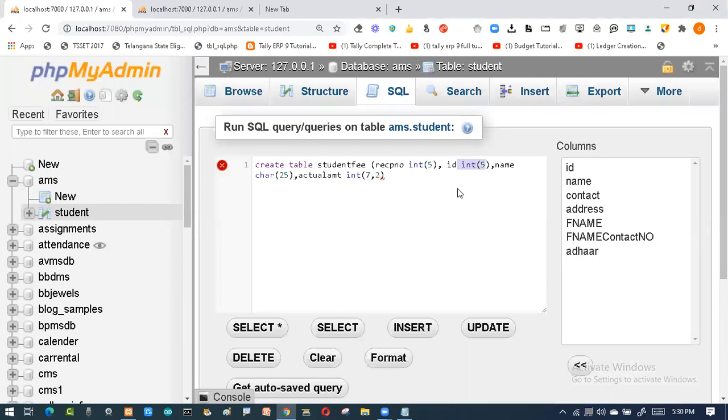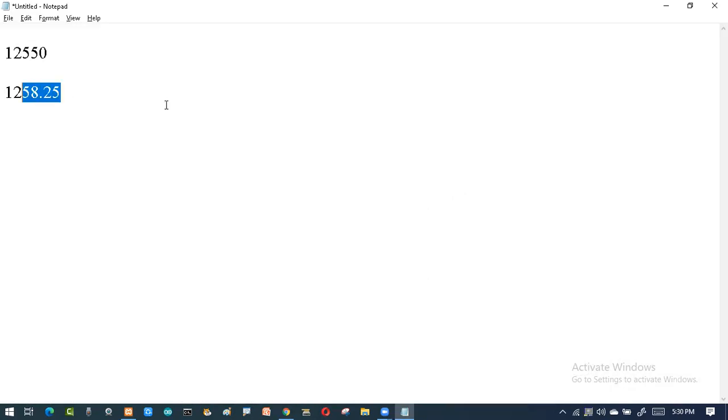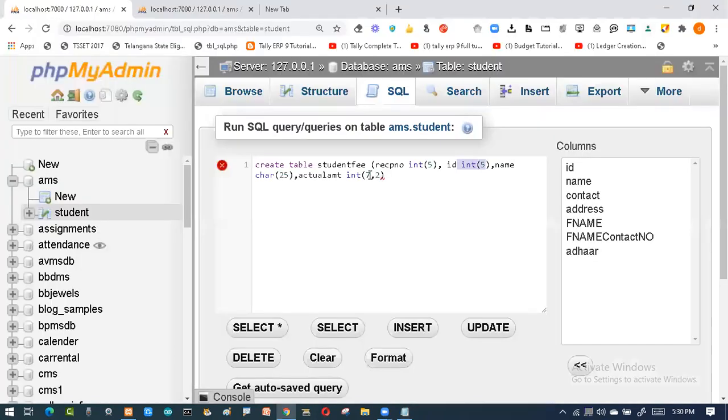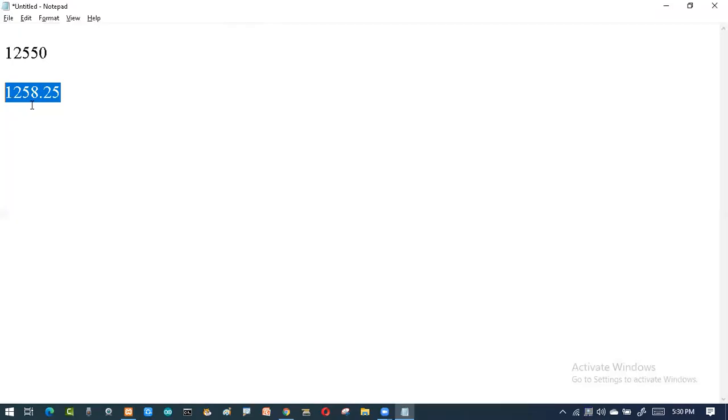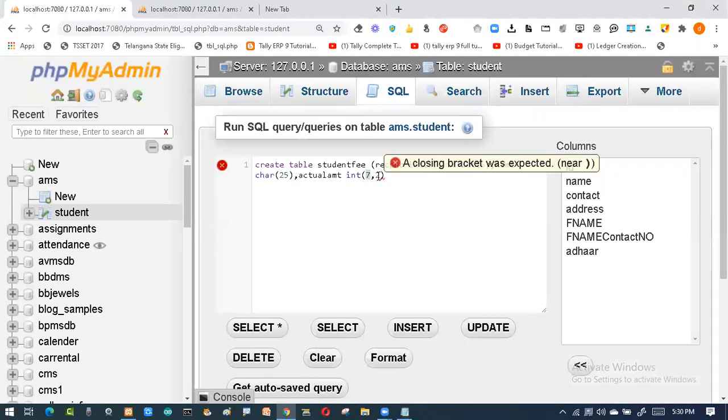Total we have six. Now here how many do we have? One, two, three, four, five. So total we have five letters over here, that is digits. So here we have 5 digits. We have 6 digits. So this is a normal number. So I can directly go with this and specify this is a number. But if you want to give float values or decimal values, then I should have the count of this. So total count how much is it? 6. So here I have taken something like 7. Then among this how many decimal values are there? 2. So this is 2.